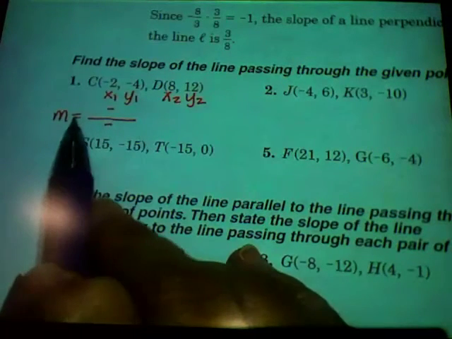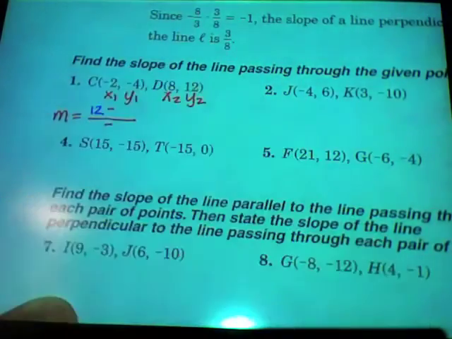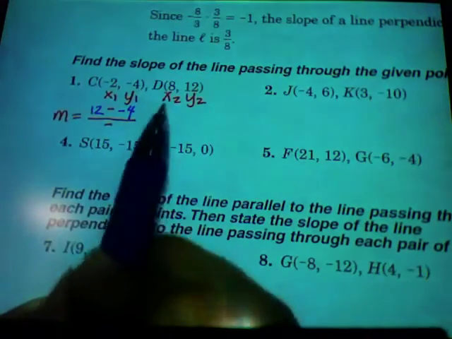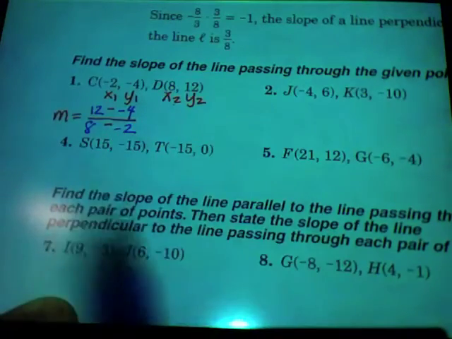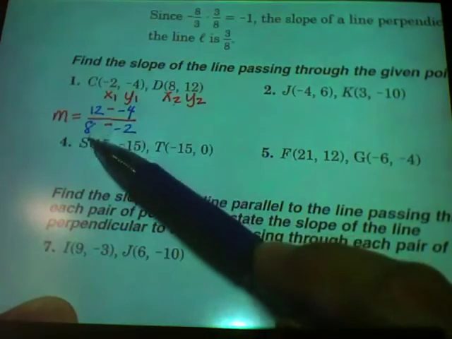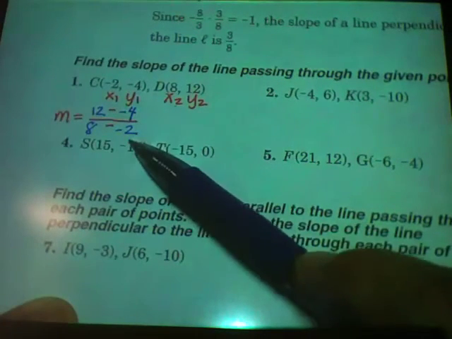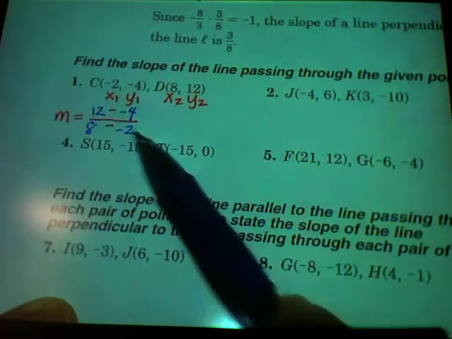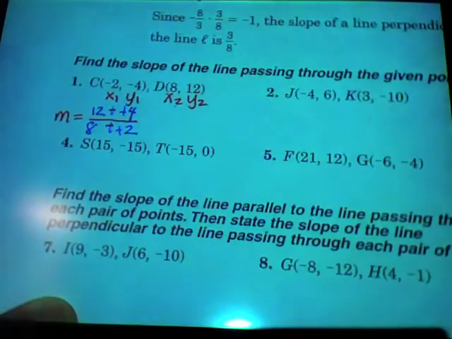So I've got my y's first, and so 12, and then y sub 1 is negative 4, x sub 2 is 8, and then x sub 1 is negative 2. Remember that your points should be vertical to each other. So 12 and 8 belong to the same point. They better be vertical. And negative 4 and negative 2 belong to the same point. You do not want your points to be diagonal to each other. So it does make a difference as to the order. So then add the opposite. And we end up with